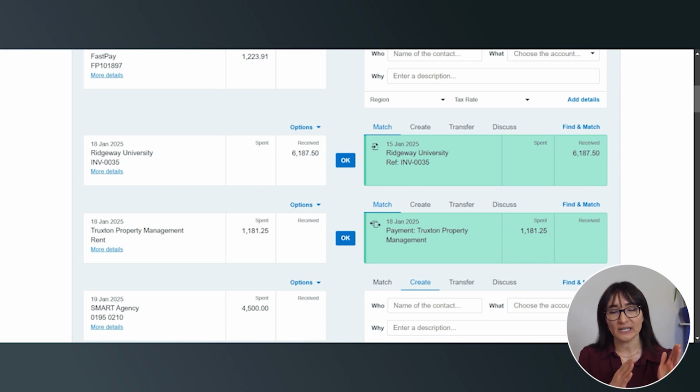So on the left-hand side, we can see on the 18th of January 2025, we received £6,187.50, and it came in from Ridgeway University, and Ridgeway University also sent a reference when they sent us that cash. So you can see it says IMV-0035. And Xero is really clever. It knows that somewhere in there, we've got a sales invoice with that same reference, the same customer, same value. And the reason it's turned green is because it's saying to us, Joe, I think you should match those two